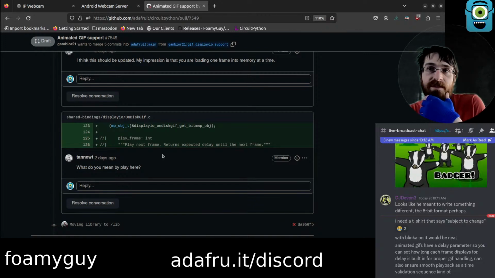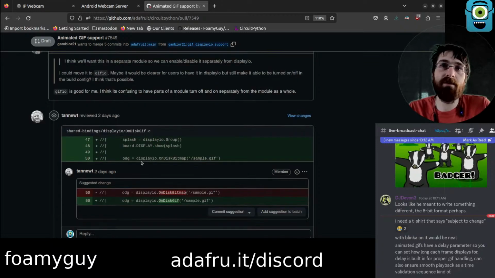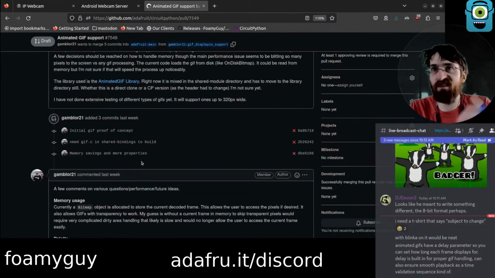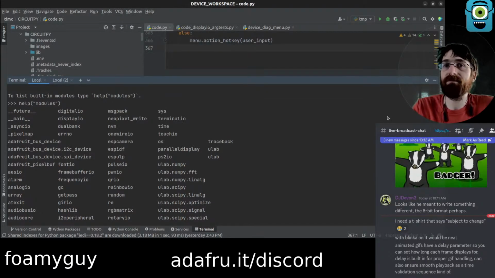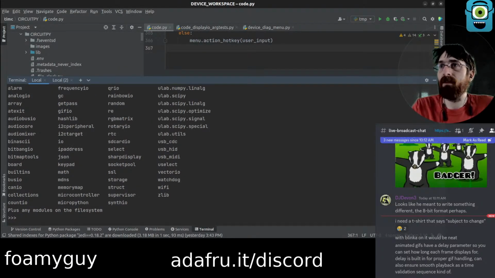I assume play frame renders the current frame, and it sounds like also maybe returns the delay until the next frame. So render into the screen, or more specifically render into the bitmap type object, which is then connected to the tile grid, which is then going to get shown on the screen, possibly through a group.